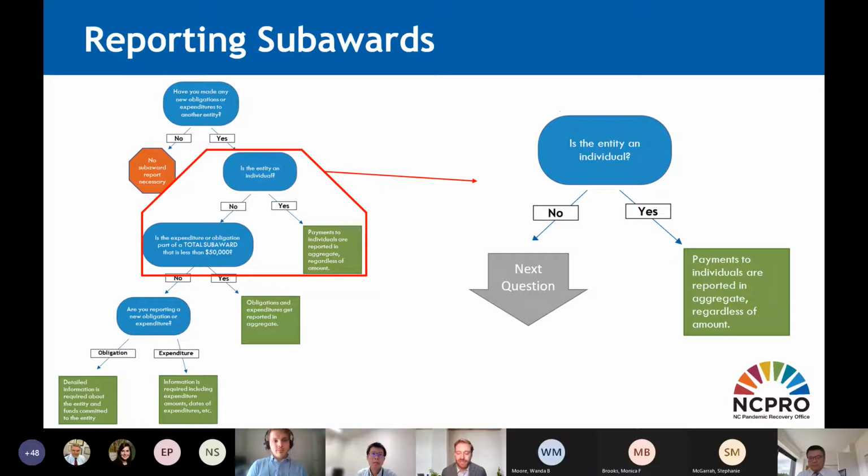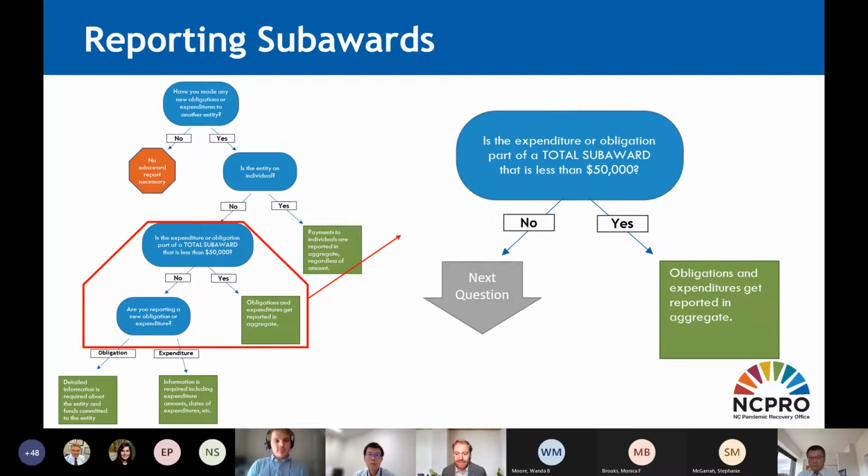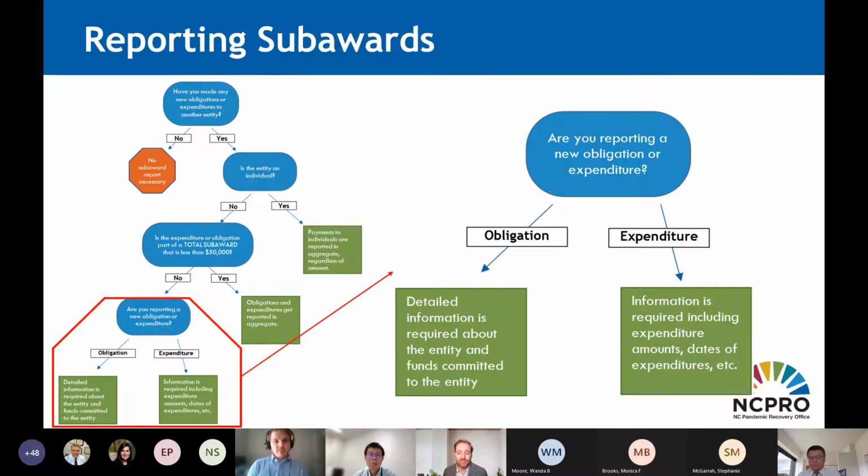I will show you the template. We'll demo it in just a few minutes where you can report that, but that all gets reported in aggregate. Now, if it's not an individual, then the question is the expenditure or obligation part of a total subaward that is less than $50,000? If the answer is yes, then that information also gets reported in aggregate. If it's on a subaward that is greater than $50,000, you move on to the final level of this decision tree,